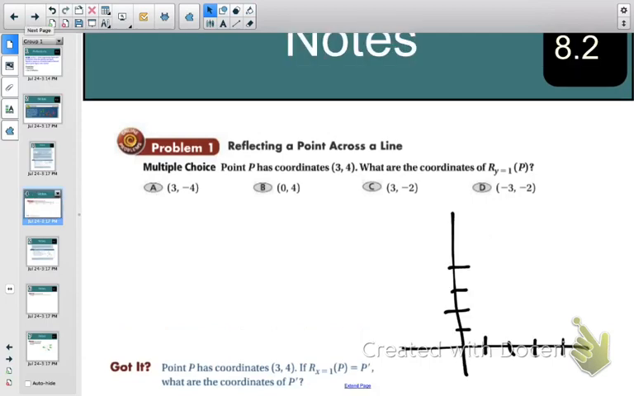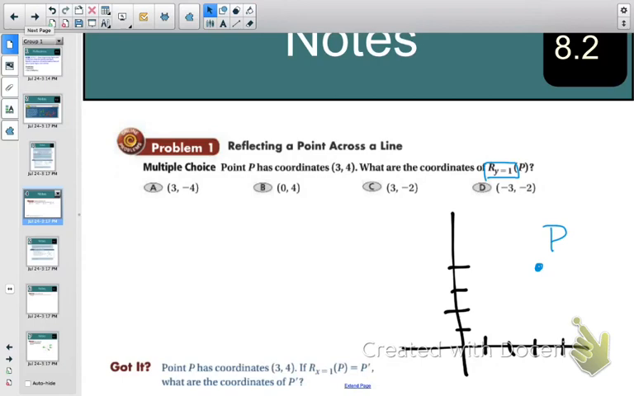Alright, so the point is at 3, 4, so over 3, up 4. Right there-ish, and that is point P. And you're reflecting over this line, y equals 1. So to graph that, that's telling us it's going to cross the y-axis at 1. So if we go to 1 on the y-axis,